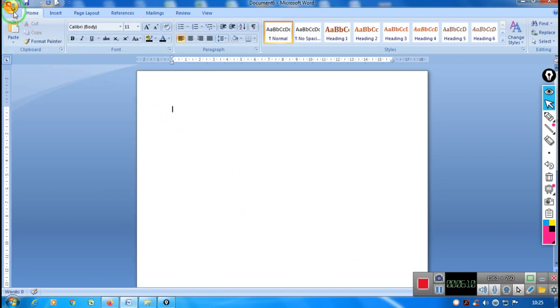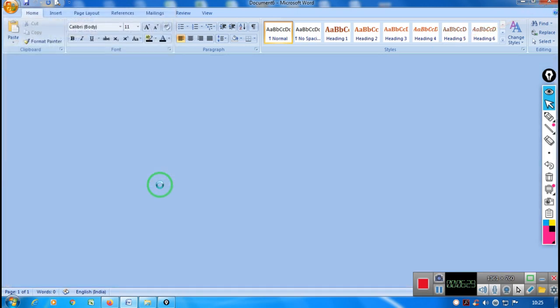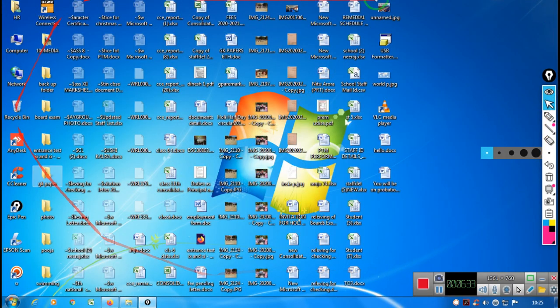Exit Word, or I click on this cross button on the extreme right hand side, the whole of the application will get closed. Suppose you have opened 10 files, all those 10 files along with the MS Word application will get closed. So if I choose the option Exit Word, now see here, the application gets closed. The whole of the MS Word application is now closed. You won't find it on the taskbar also. So this is the difference between close and exit.